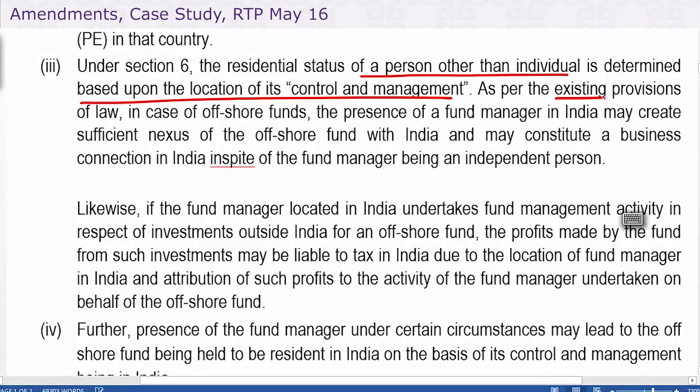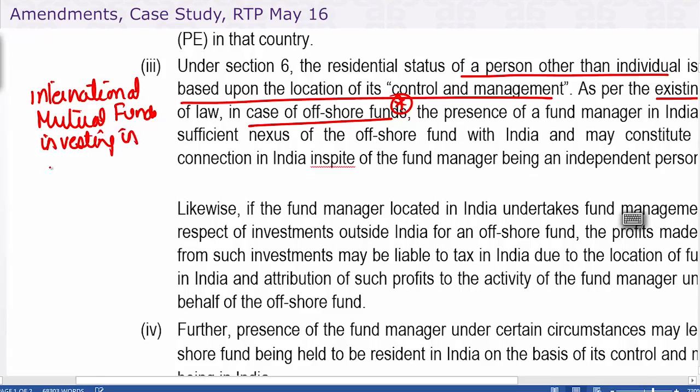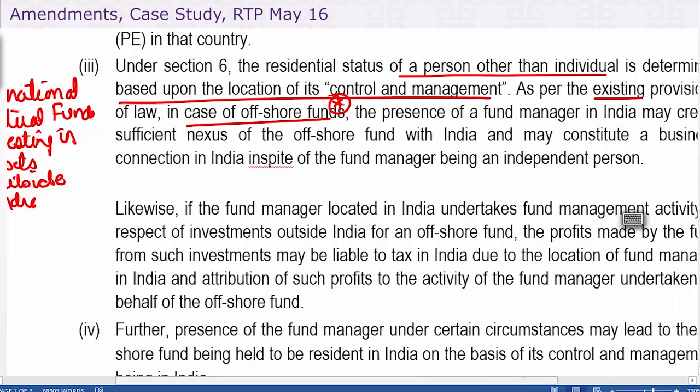As per existing provisions, this is before the amendment, in case of offshore funds, and over here you can write down international mutual funds investing in assets outside India, the presence of a fund manager in India,